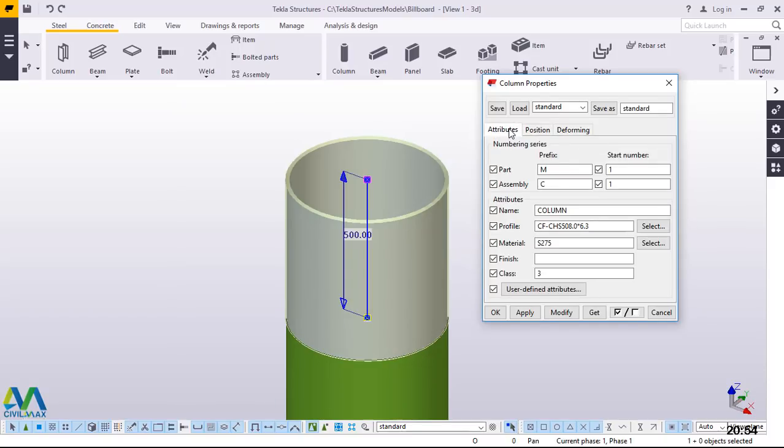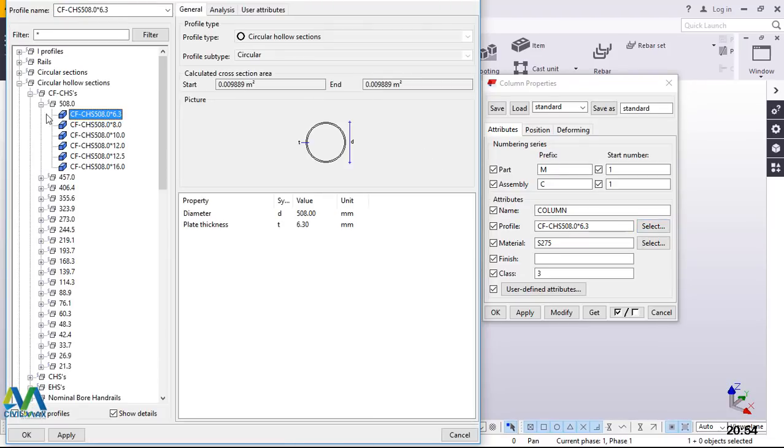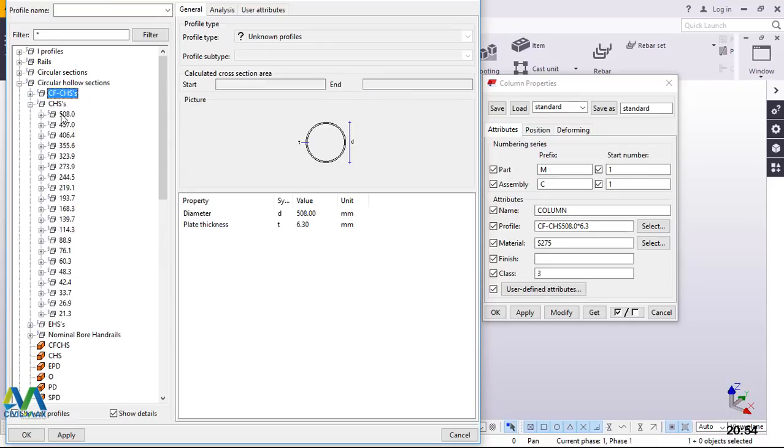Have that in place, but we want to change this diameter. We want to use a hollow section with a smaller diameter than the bottom one. Now I'll come back to profile here and click select and give it time to load, and I'll go straight to circular hollow section here, and I'll pick a diameter of 457 here,